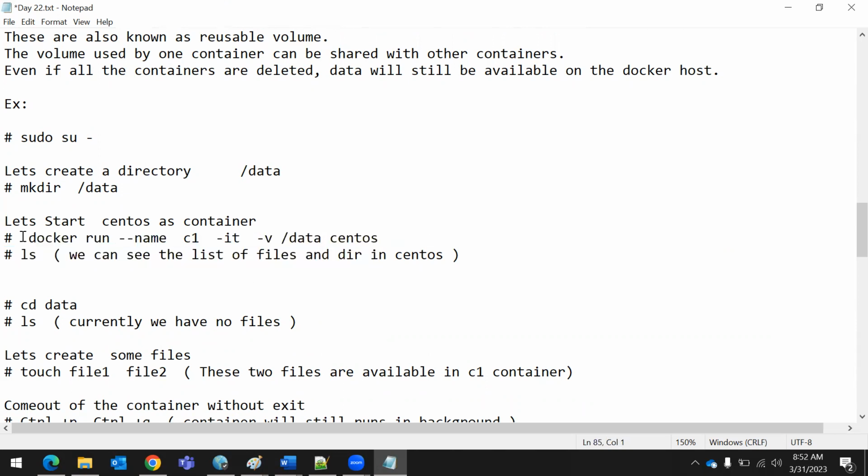This one, you see, docker run. Image name is CentOS. I'm using the --name C1 option, providing the name C1 to the CentOS container. -it stands for interactive terminal. -v /data means we are attaching a directory called data to the